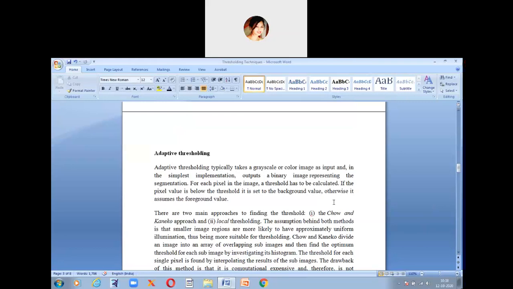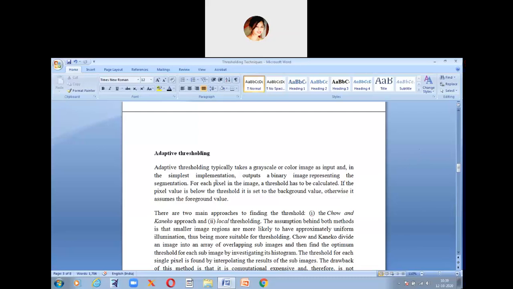Adaptive thresholding typically takes a grayscale or a colored image as the input, and in the simplest implementation it outputs a binary image representing the segmentation. Adaptive thresholding is more or less the same as global thresholding, only that it takes a grayscale or also a colored image.